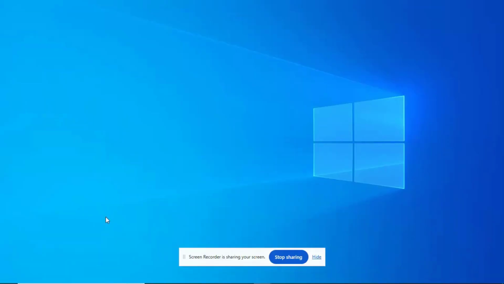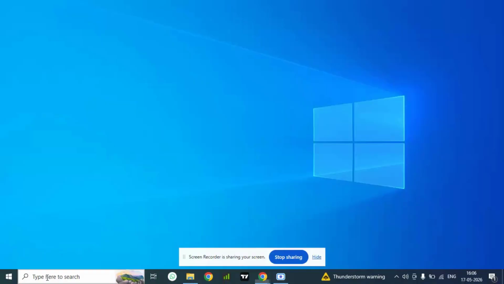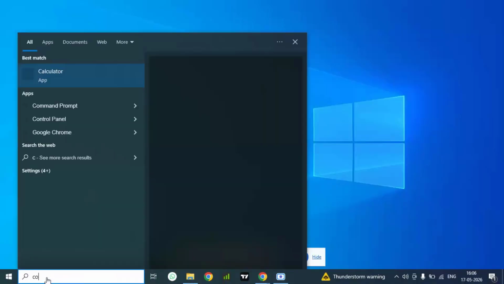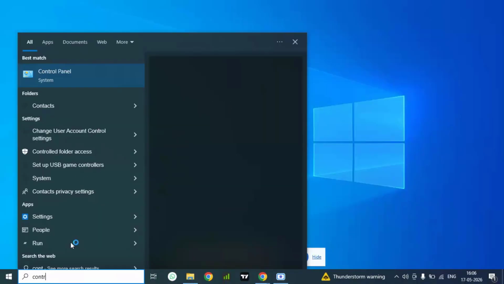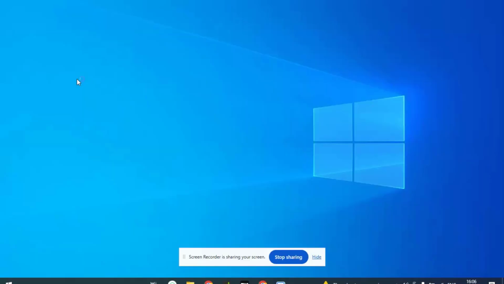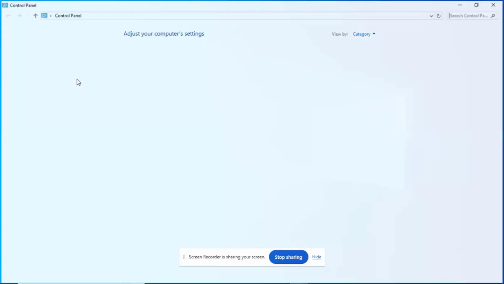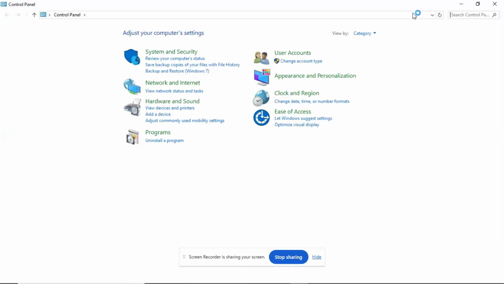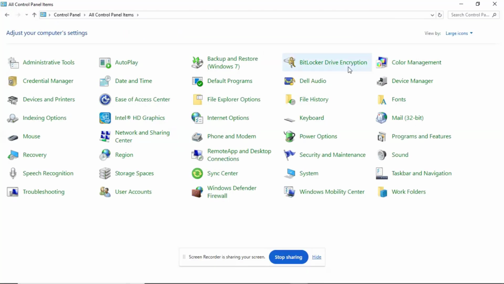First of all, what you have to do, you have to just click on the search, then type control panel. Click on the control panel. Here you can see view by, click on this, then select large icons. In this, you need to find network and internet